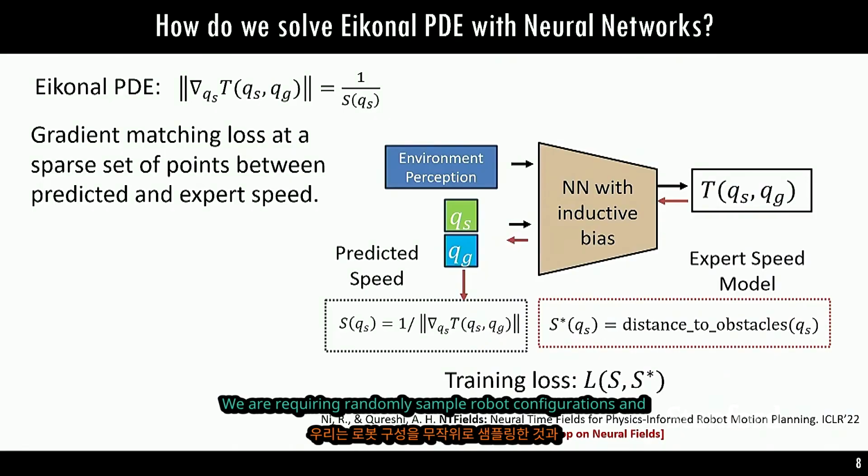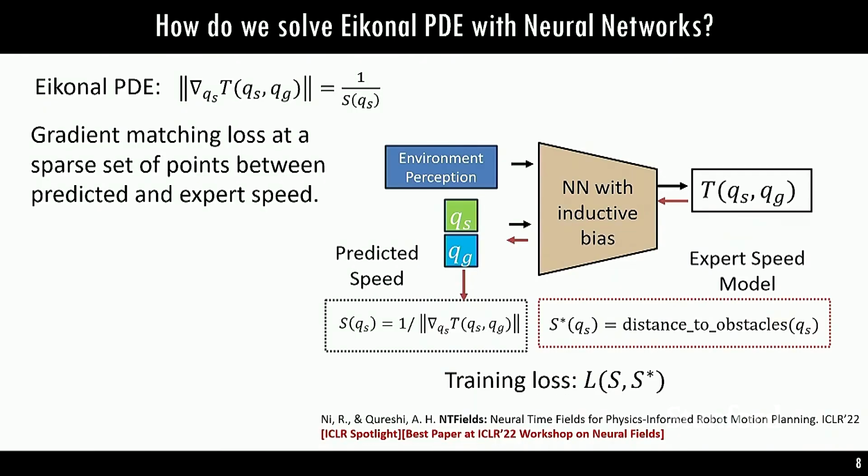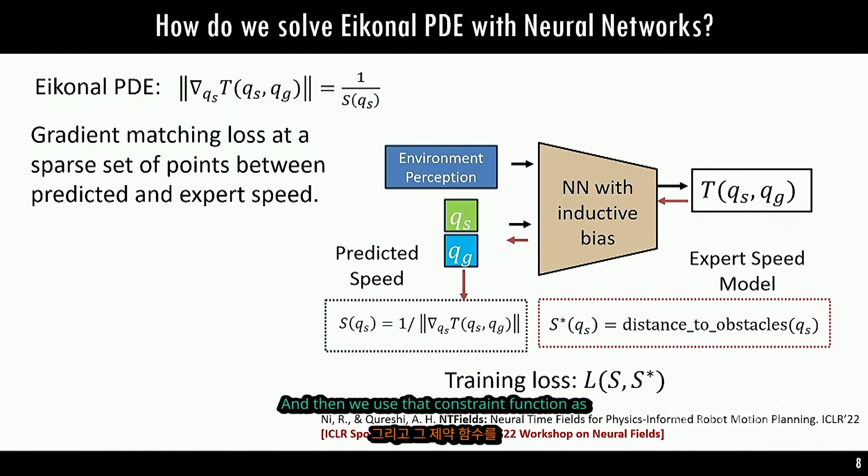We randomly sample robot configurations and their distance to constraint or collision, in this case. Then we use that constraint function as an expert to train our model, because our neural network gradient leads to approximation of the constraint function, and then we compare this approximated constraint function with the actual. Does that answer? So theoretically, it all sounds simple, but when we actually applied this, we could not scale this